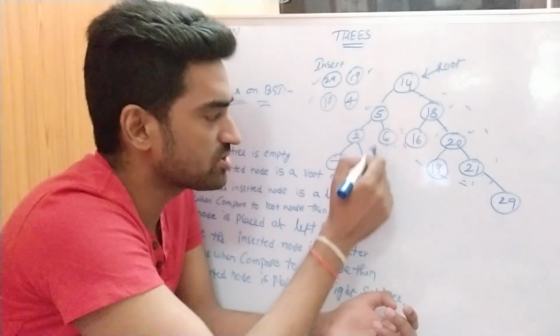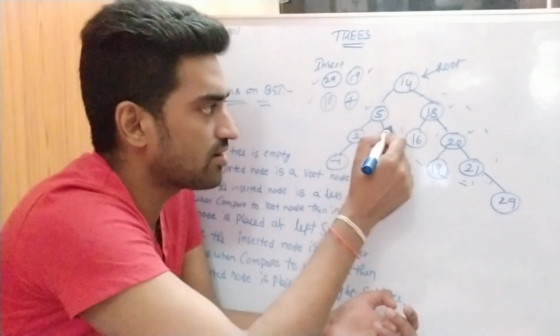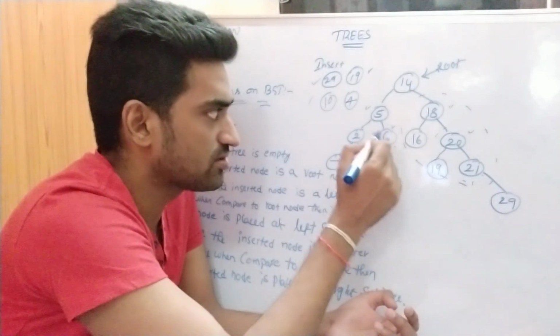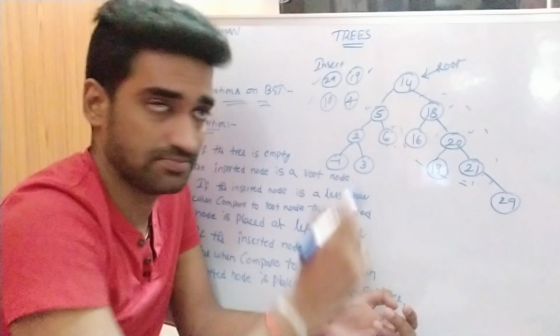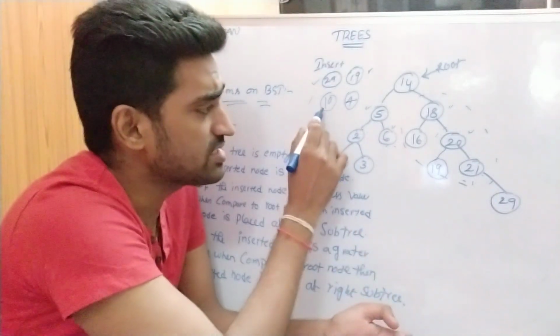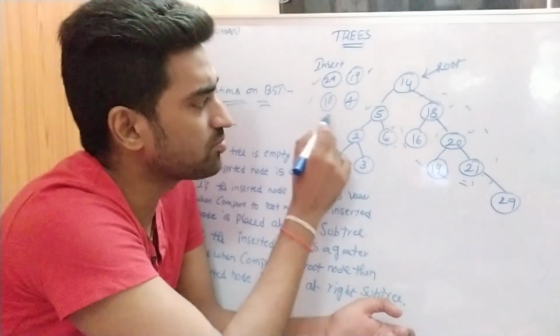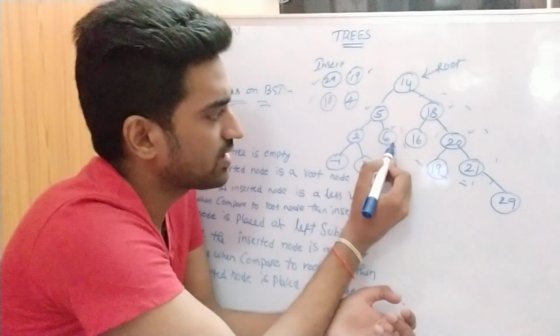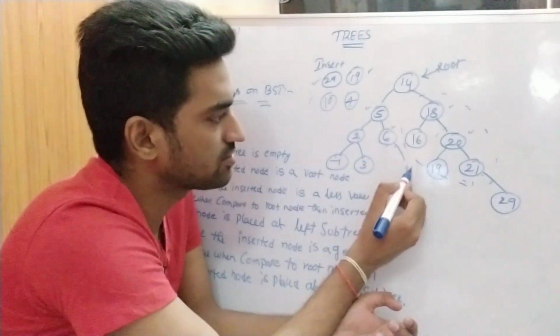So what is the rightmost position? This one. 6 is already filled, so that's why the position is not vacant. So that's why we compare 6 to 10. 10 is greater value, so compulsorily we can place it at the rightmost position for this subtree, right? So that's why here I am placing 10,